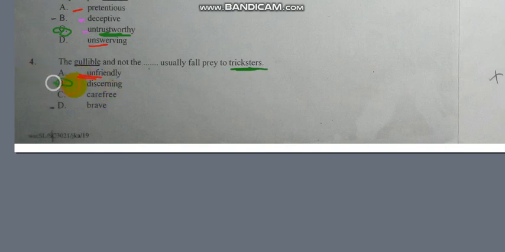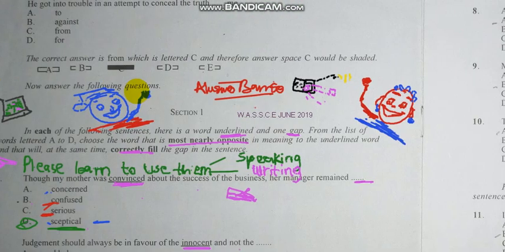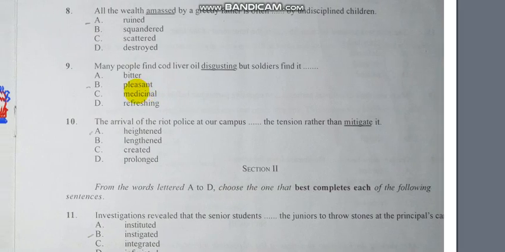Let me not waste time because we have to get finished in 10 minutes. Carefree, someone who is carefree, doesn't care about something. We can call them laissez-faire. Let's just get rid of that. Brave, we are not talking about bravery here. So B, discerning, is our answer. Please use these words in sentences so you get used to them. Okay. So we have